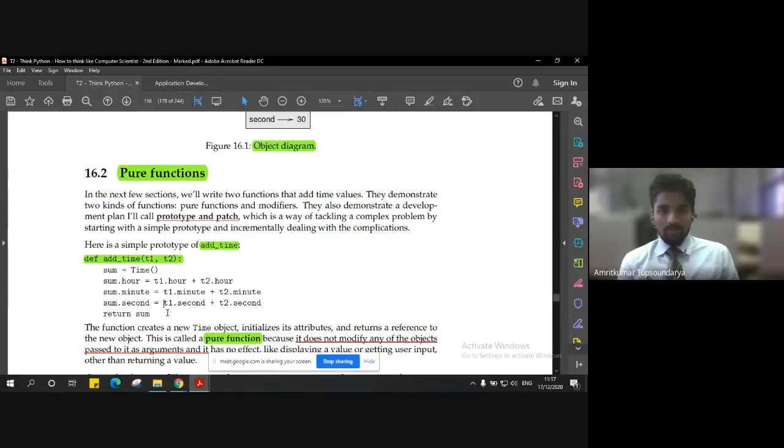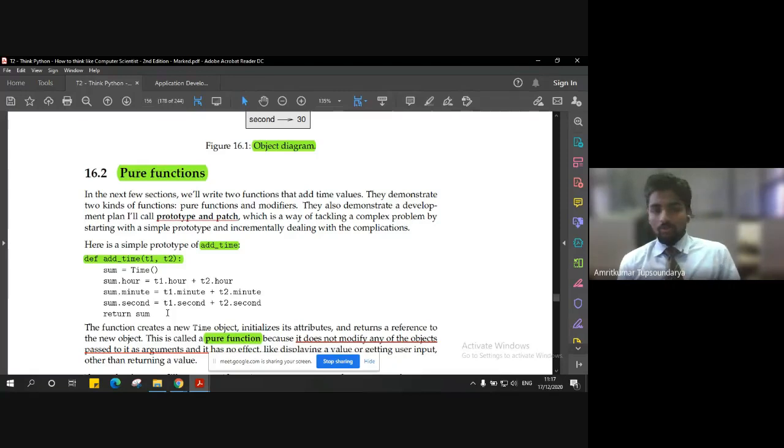There are no changes, modifications or manipulations that we have done here. So that's why it is called a pure function. This is a normal, typical way of writing a function. Mostly we have been using it.